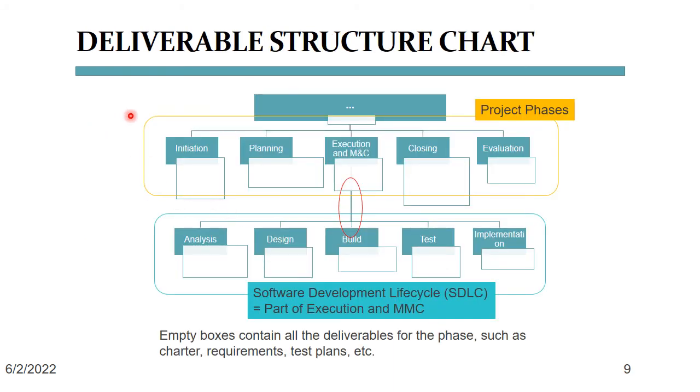The deliverable structure chart that we're seeing here outlines all the work products that we have to deliver with a project. You're seeing here in the yellow rectangle the major project phases. Each of these phases contains at least 2, if not many more project documents that the project manager is responsible for. As soon as we get to the execution and monitoring and controlling phase, the SDLC is in full force,